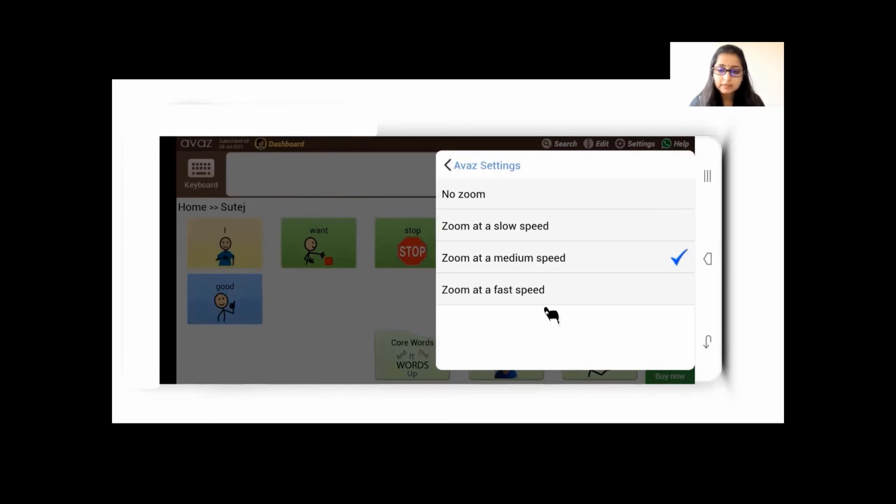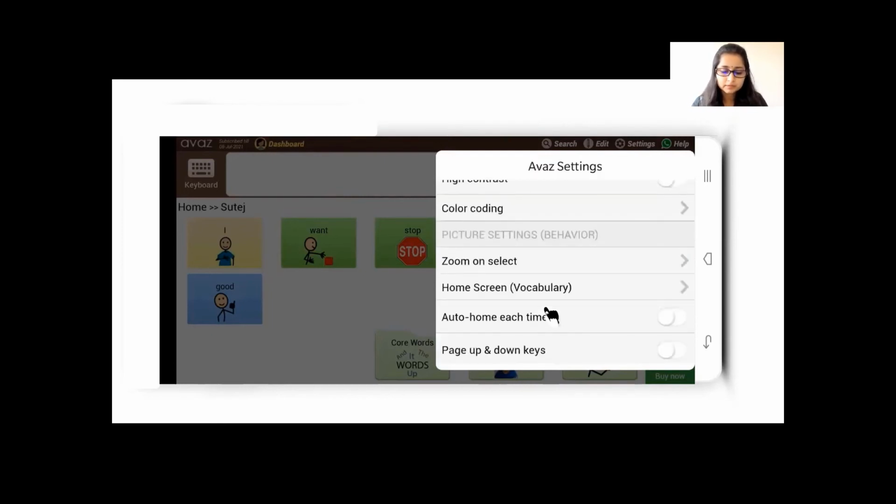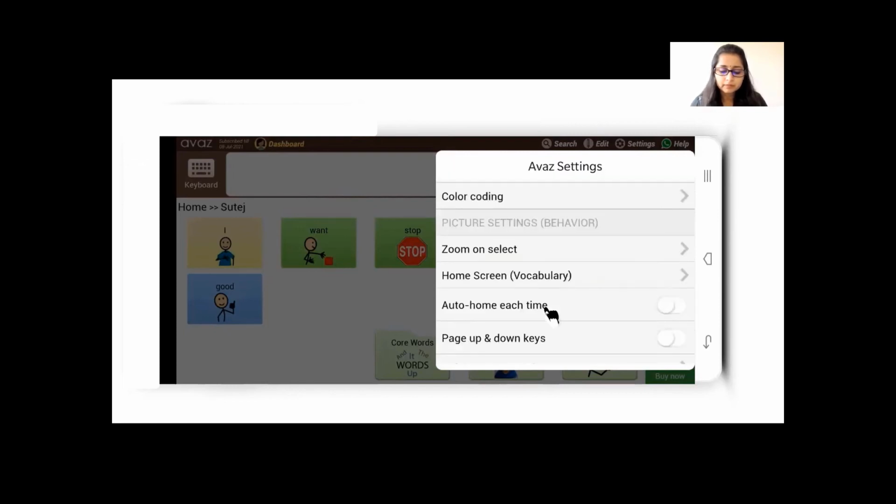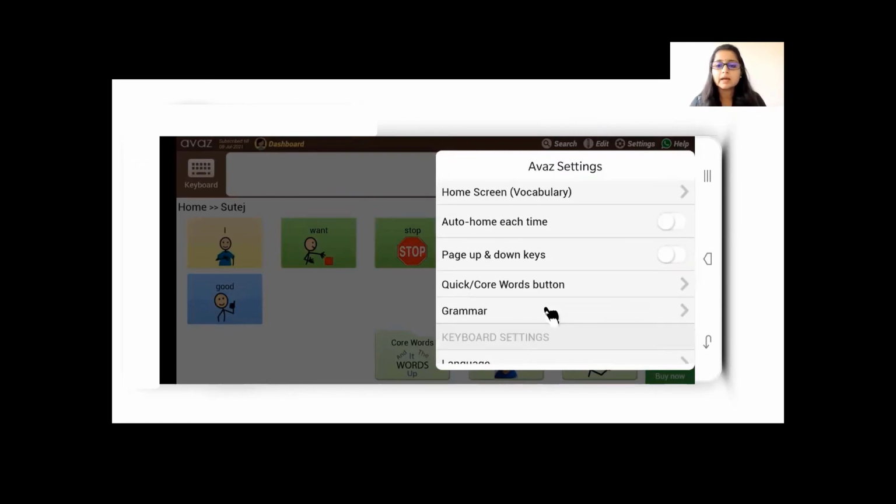You can keep it turned on if it's a beginning communicator. You can even choose the speed with which it zooms. So you can make it slow or fast. I've set it at medium. Okay. And then we also have,